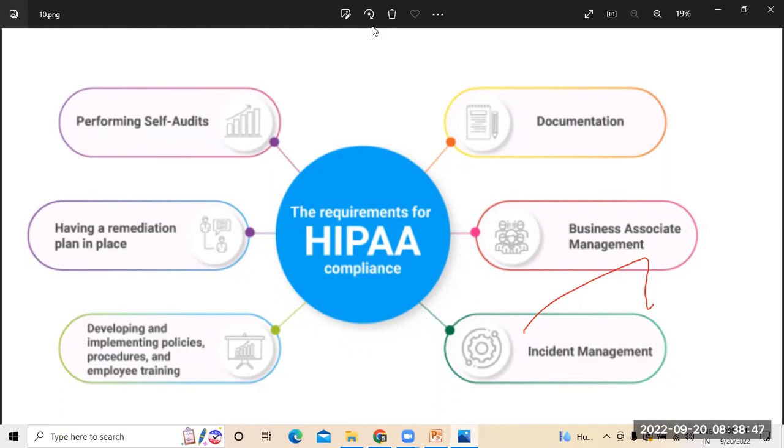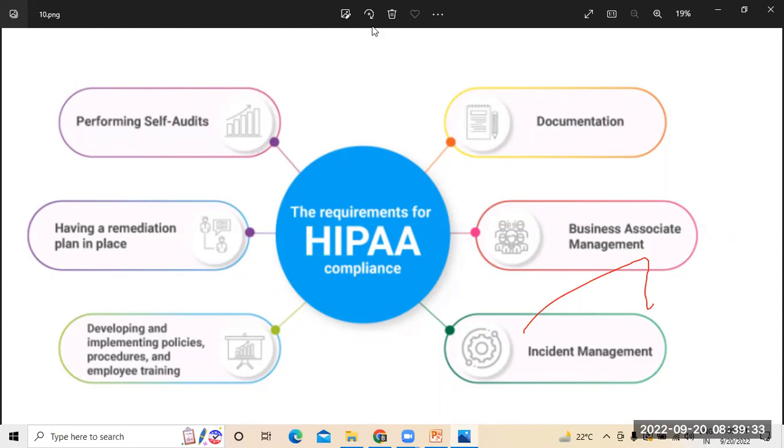We also discussed Confluence for document management, and for release management there are tools like Bamboo. That is in the agile approach in reference to IT. There is also a tool called OpsGenie, which is used for incident management throughout the process. So requirements for HIPAA compliance followed by incident management come under this fourth category.